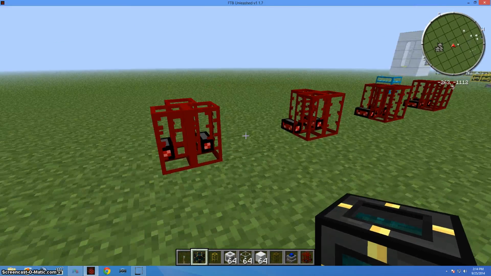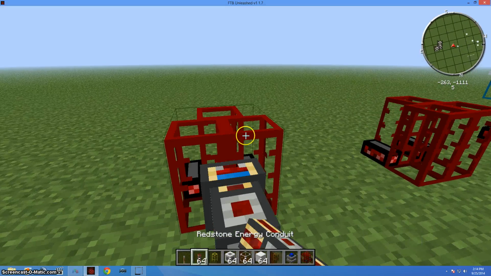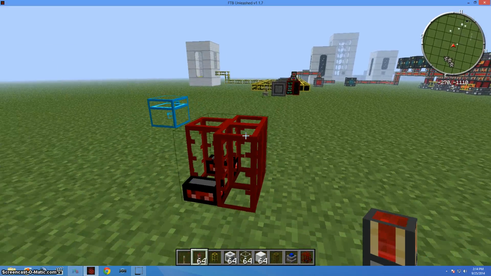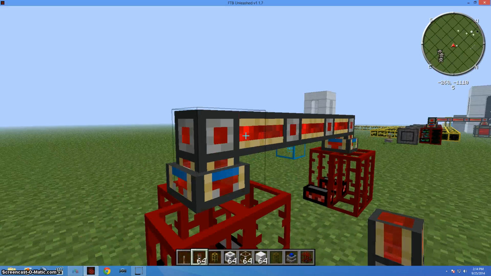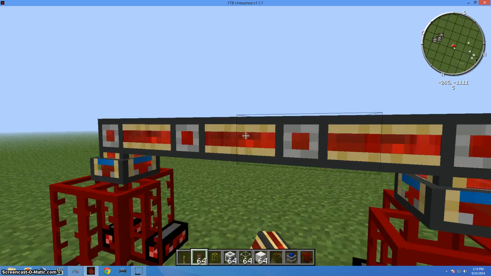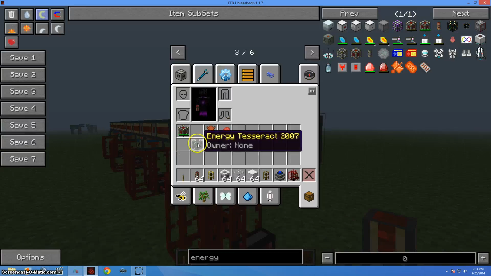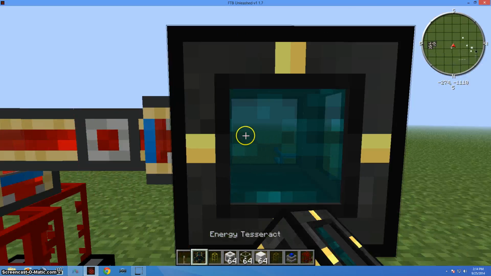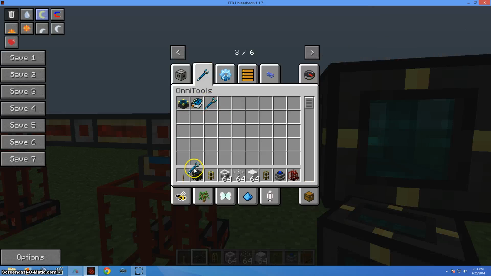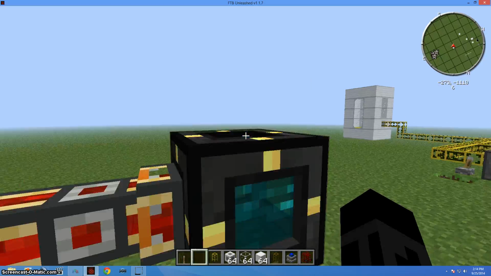Thank you. Okay, so first we want to quickly set up the power sources. Not what I wanted on top. So let's go ahead and bring that over here. At the end of this, we're going to put another energy tesseract, which we aren't going to enable yet. Oh, you do need the wrench for this. I'm not, you don't need the wrench because I'm only